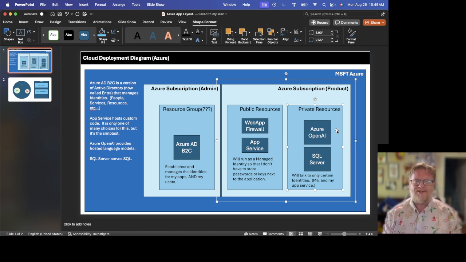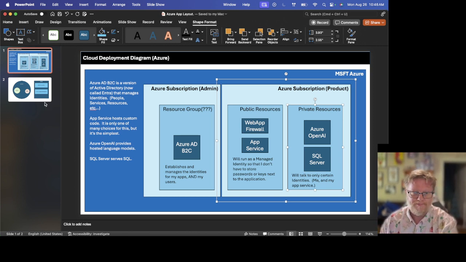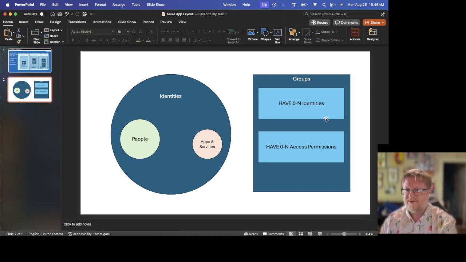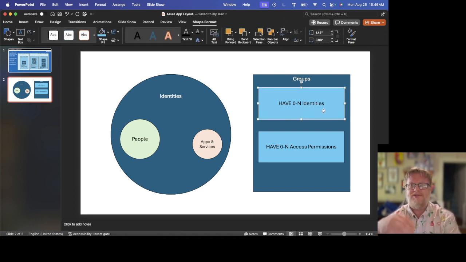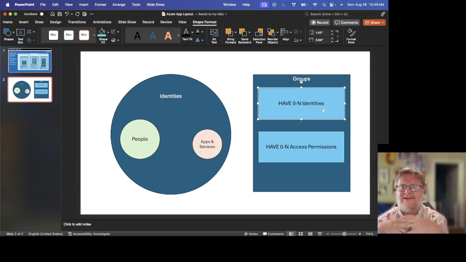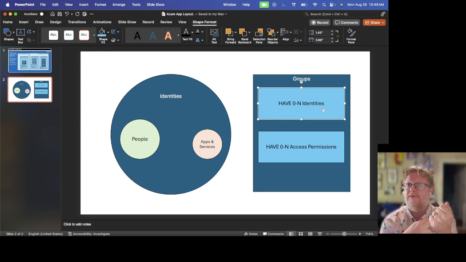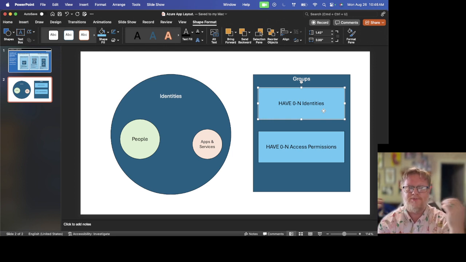And of course, I would put myself as an end user into that same group, because a group has 0 to N identities. My applications will all have identities, and I'll have my own identity. In fact, I may even set up several identities for me. One as a sysadmin, an identity for me when I'm acting as a developer, an identity for me when I'm acting as a human, or just a regular